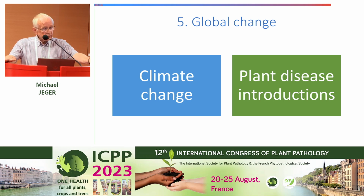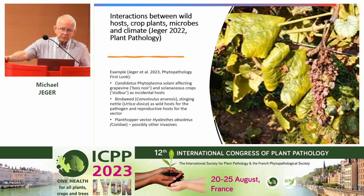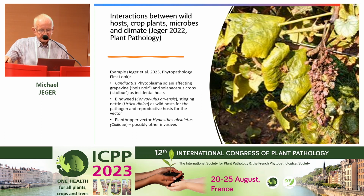Global change has also appeared many times at this conference. Two aspects: climate change in itself and what you might call global trade, which leads to plant disease introductions. There have been many papers and much work done on individual plants, individual crops. What is still lacking is work which looks at the interactions between wild hosts, crop plants, microbes, and the changing climate. Just one example, this phytoplasma, Phytoplasma solani, affects grapevine and also solanaceous crops. But these are incidental hosts. The real